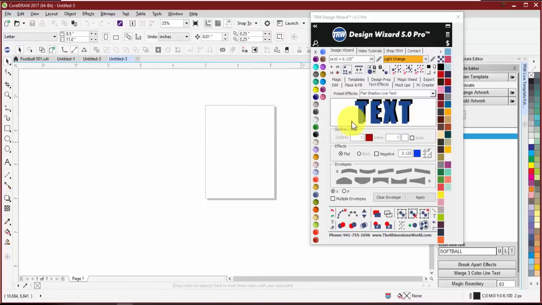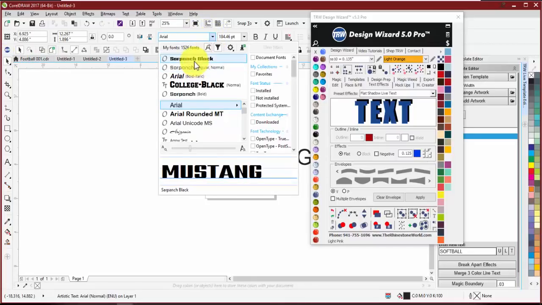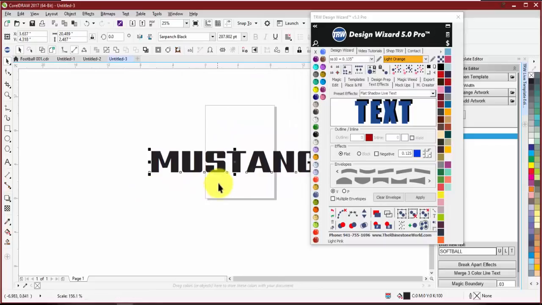So with our flat shadow live text, one of the effects we have is our negative. So this is a pretty cool design here, or effect here. I can just type out Mustang, select the font I want to use,